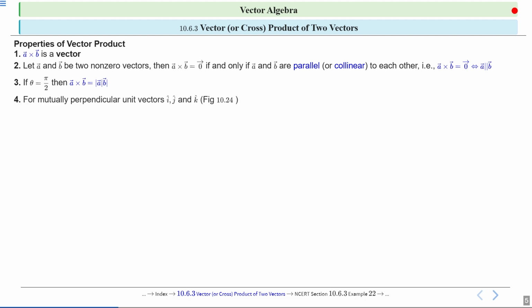So let's talk about the cross product for the standard unit vectors i cap, j cap, and k cap. These are mutually perpendicular unit vectors along the x, y, and z axes. We will see how their cross products behave, and this is often shown in a diagram for clarity. You can see the diagram. Here is the diagram showing the unit vectors i cap, j cap, k cap. Notice how each vector points along a different axis and they all are perpendicular to each other, right?